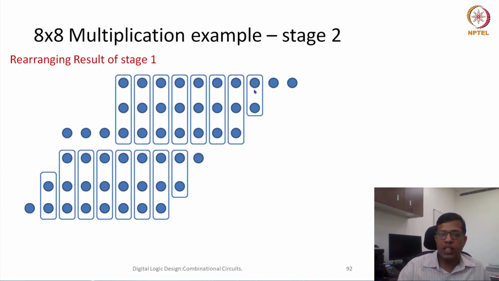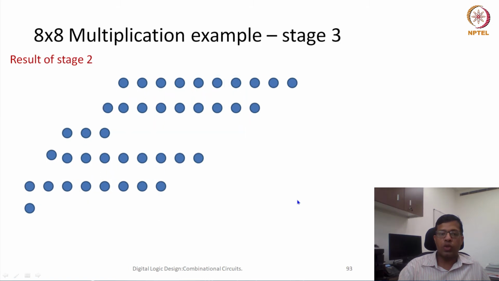So you will see that we are able to do some 8 additions here. The same 8 additions we can do here also. So we are leaving wherever single dots are there, because they can be added in the next stages. So again, after doing this addition, the total number of rows would reduce. The number of rows is 6, so these 6 rows would reduce to 4 rows essentially.